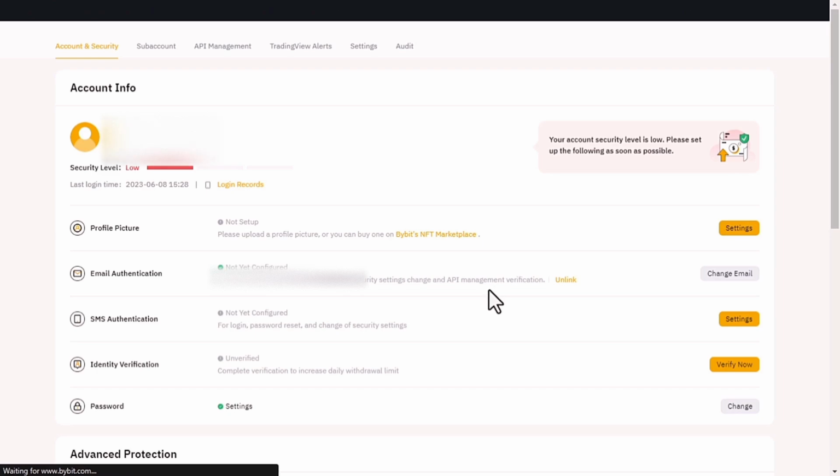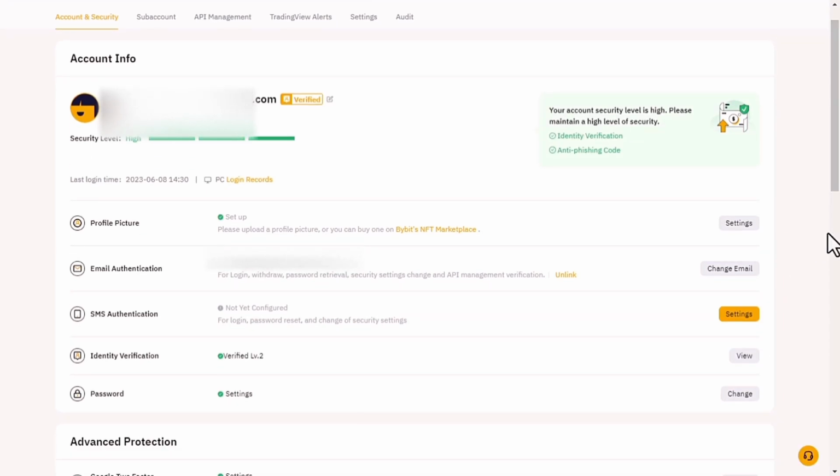Then as you can see here, there are lots of things which you can do to increase the security of your profile. The first thing that you can do is set up SMS authentication, but I do not recommend it, because if you lose your cell phone, your line, if something happens, it can become tricky. But I highly recommend email authentication and then identity verification, which is KYC, by the way, which